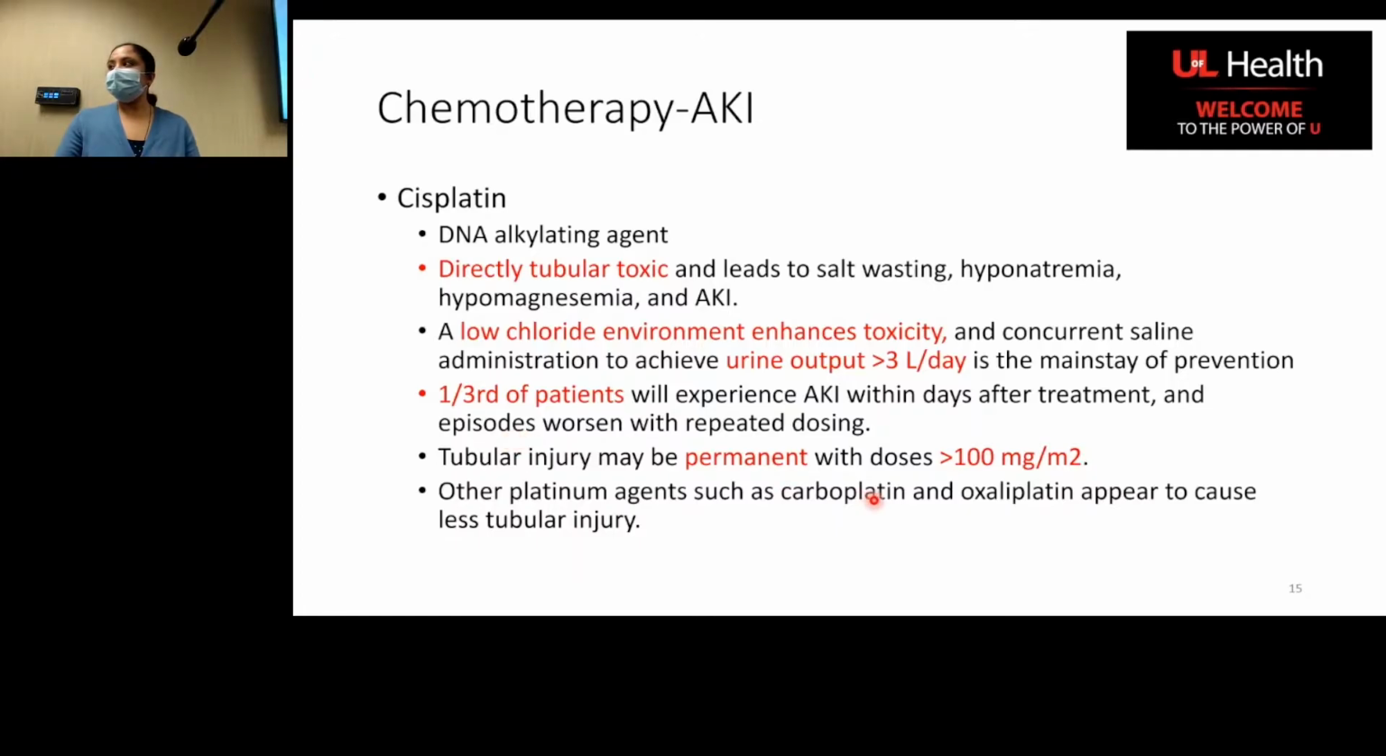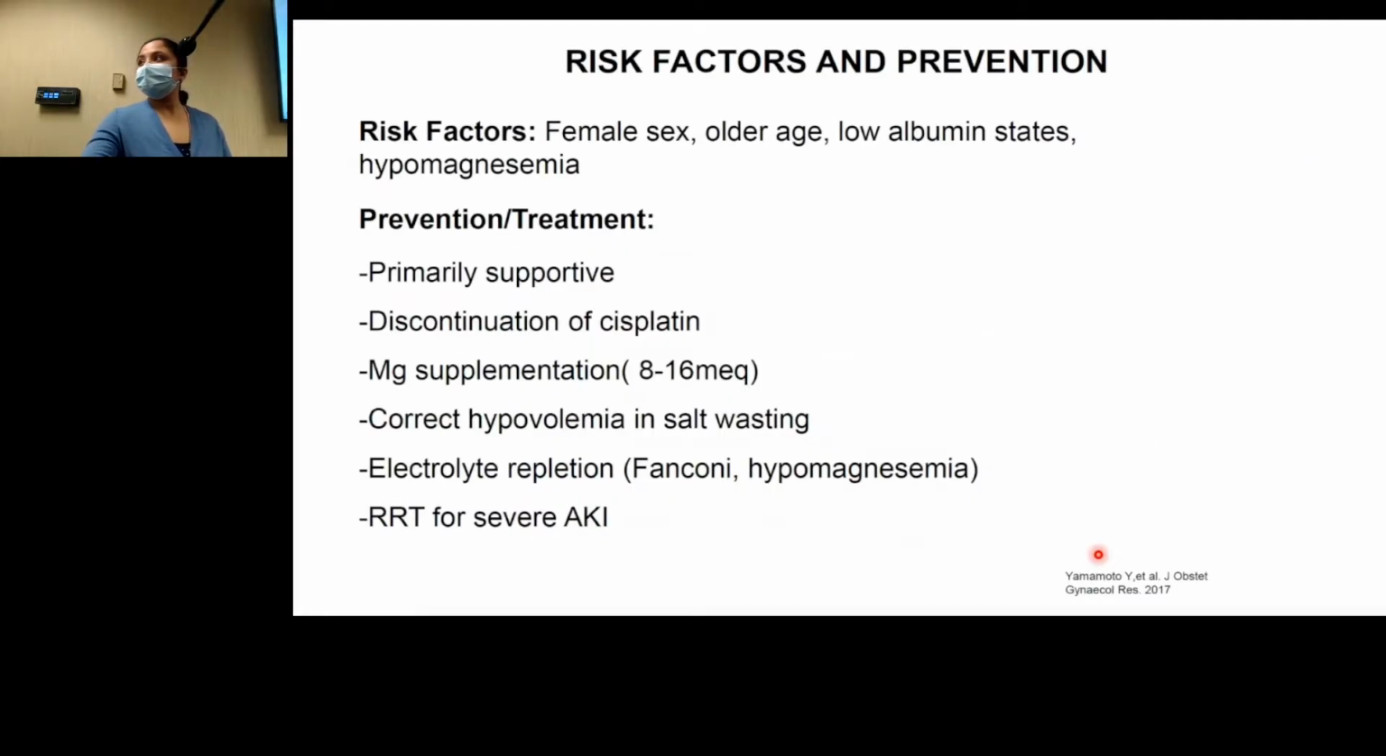The tubular injury can be permanent with doses greater than 100 milligram per meter square. Other platin agents like carboplatin and oxaliplatin are known to be less nephrotoxic, but still we do see a lot of electrolyte abnormalities. Some of the risk factors of higher cisplatin toxicity are female sex, low albumin state, and hypomagnesemia. And that is something I wanted to point out today, which is being looked into for future research or even just practice improvement. So for prevention and treatment of cisplatin nephrotoxicity,